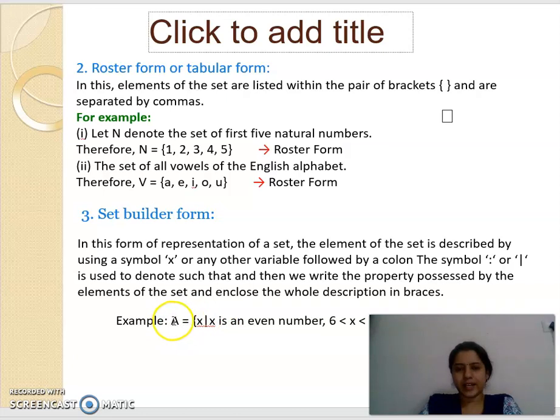To represent this in set builder form, A contains x, where x is an even number and x lies between 6 and 14. Here we describe the nature of the elements of the set in a description form. So x such that, here you can use either a colon or a slash, x is an even number and x lies within 6 and 14. So these three are the different representations of sets.